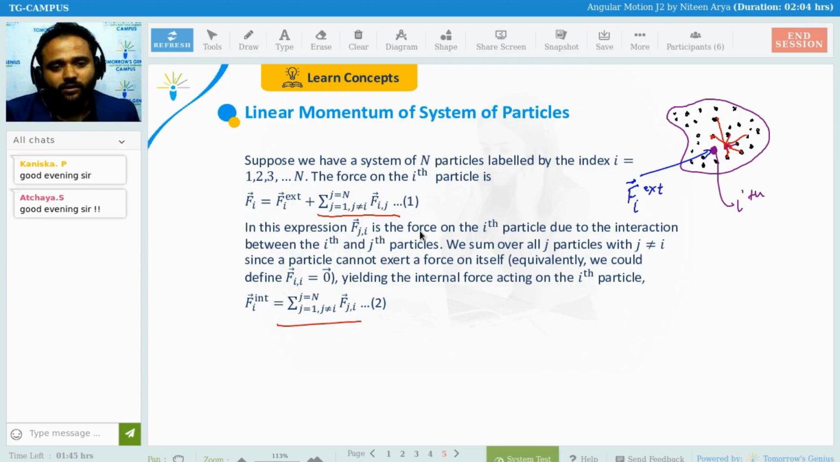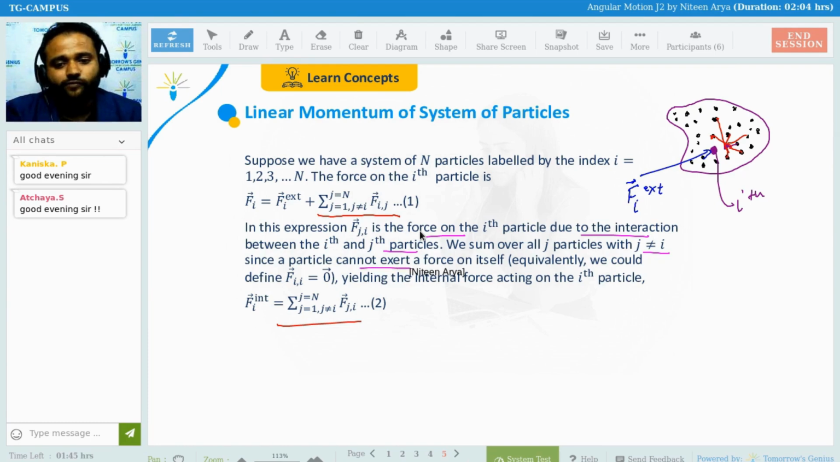And that is going to be conserved also. How it is conserved, and where, we are going to discuss. Clear? So as you can read in this expression, Fji, j cannot equal i, because I cannot apply any effect on myself or itself. So Fji is the force on the ith particle due to the interaction between the i and j particles. We sum over all jth particles with j never equal to i, or j not equal to i, since